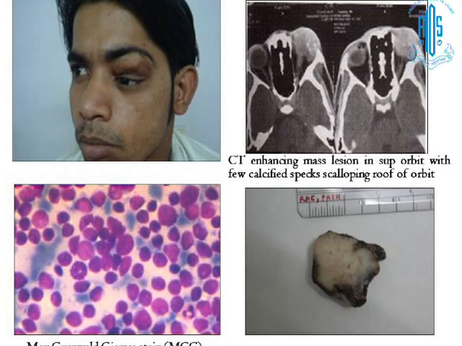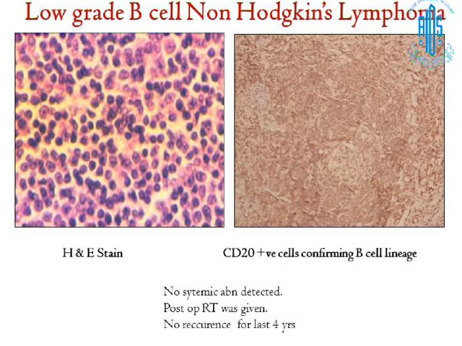Now, this was a young patient with an orbital mass, and you have the CT picture out here. FNAC was done, which showed a round cell tumor, and the patient was operated upon. On H&E stain, we found a malignant round cell tumor, a diffuse non-Hodgkin's lymphoma, which was confirmed by leukocyte common antigen, which showed diffuse positivity, along with CD20, a B cell marker, which was positive. So this was a B cell diffuse non-Hodgkin's lymphoma.